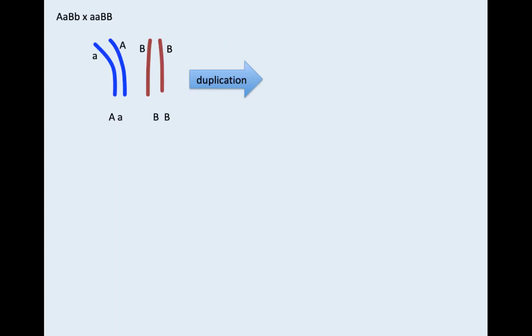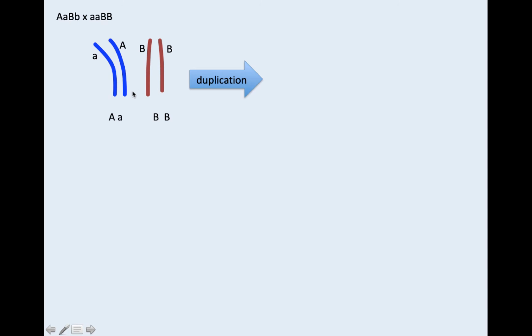This is what you should have for the chromosomes. Remember that every organism that reproduces sexually, and that's what we're talking about in all of these genetics lectures, has pairs of chromosomes, one from the male and one from the female, that reproduce to make that organism. Okay, and so these are the chromosomes, and it'll have other chromosomes as well, but we're just interested in these genes right now, and we said they were on different chromosomes. All right, so you've got one pair here. This is one homologous pair, and it has the A gene on it, and these are each copy of the A gene, one on one copy of the chromosome, one on the other copy of the chromosome,